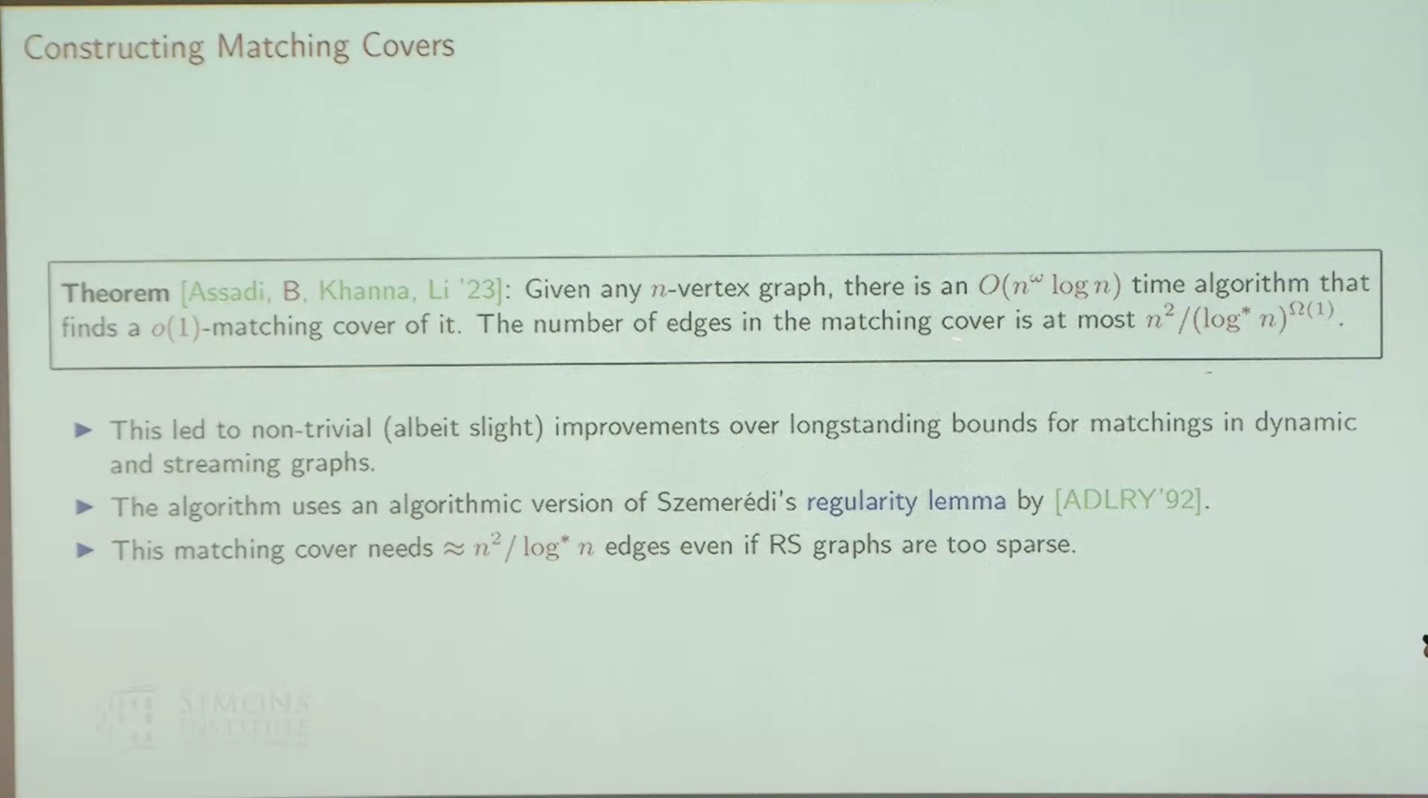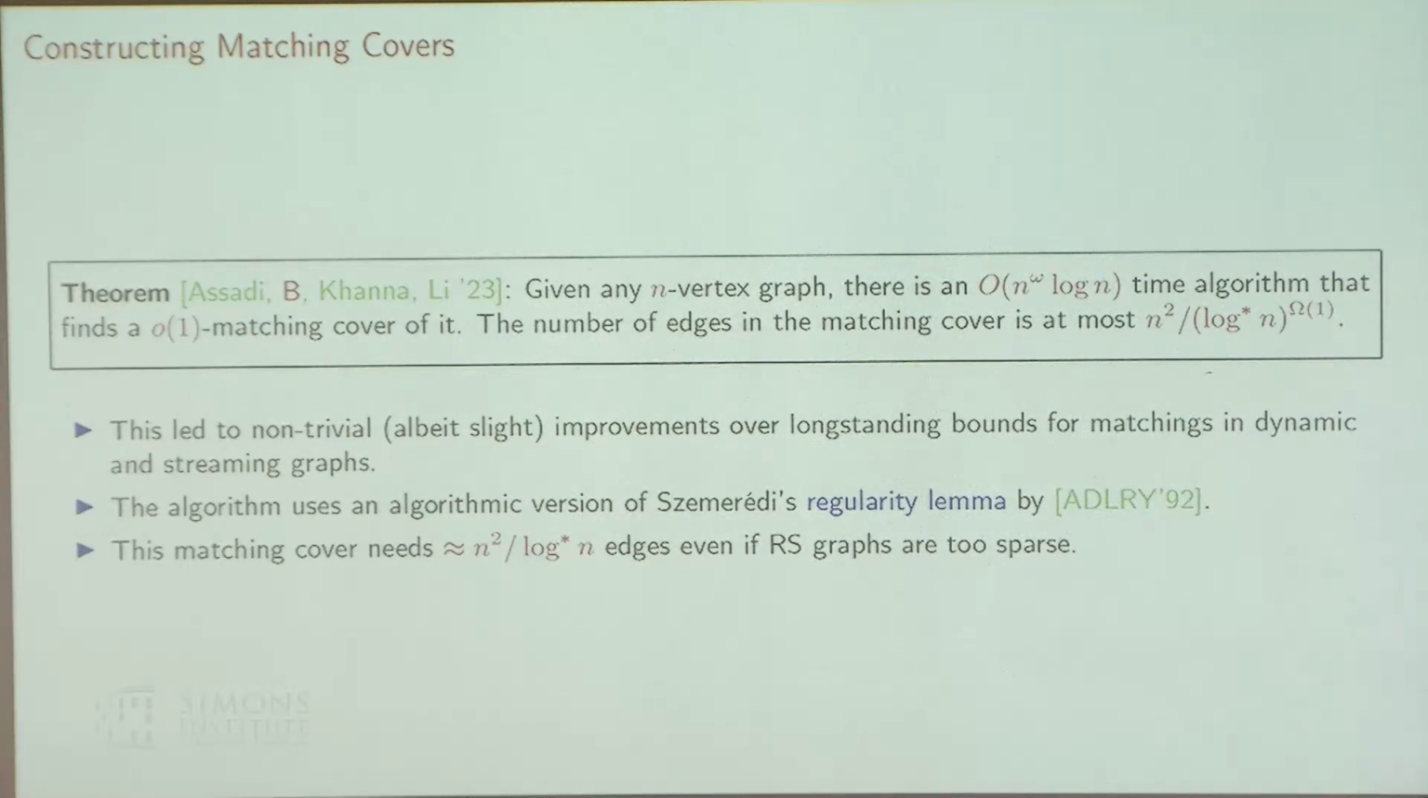The number of edges in the matching cover is at most n squared over some poly log star. So this doesn't directly relate to RS graphs, but still little o of n squared. It still includes less than all the edges of the graph. This led to very slight but non-trivial improvements over long-standing bounds for matchings in dynamic and streaming graphs. And the reason that this bound appears is that we are using an algorithmic version of Szemeredi's regularity